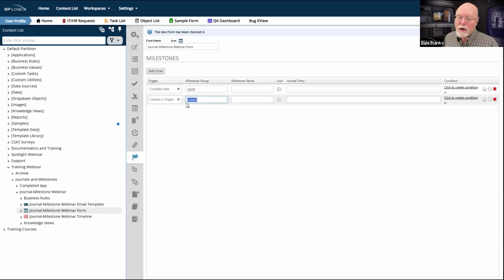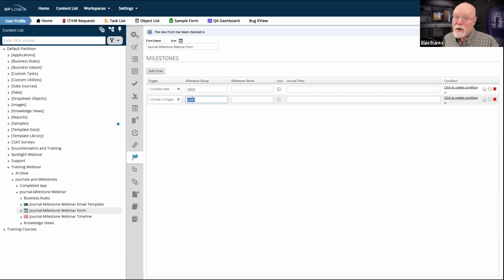So it is important to remember that I'm creating milestone groups on the fly, and I'm doing it by text. So be sure that if you want multiple items in the same milestone group, which generally you do, especially as we move over to the process timeline, where it's going to have its own milestones, those milestones also will need to be in the same group that I'm going to attach to the process timeline.